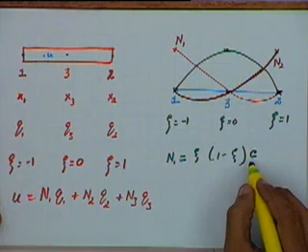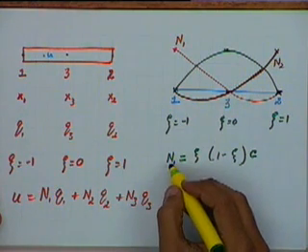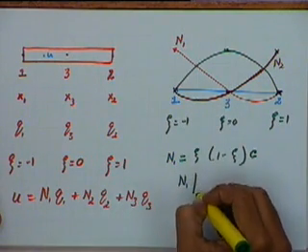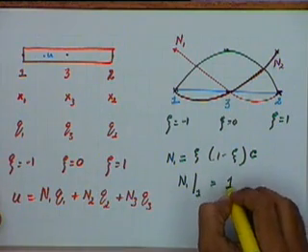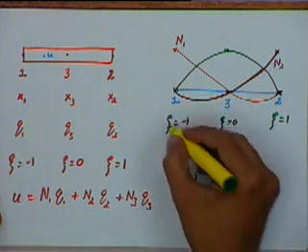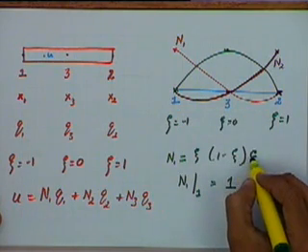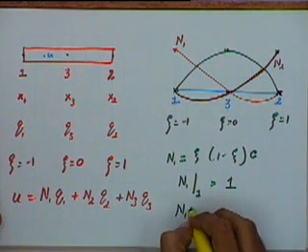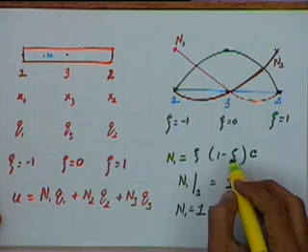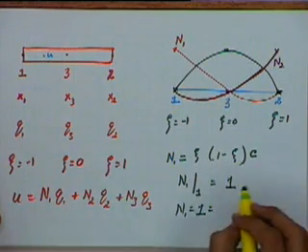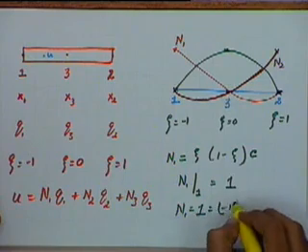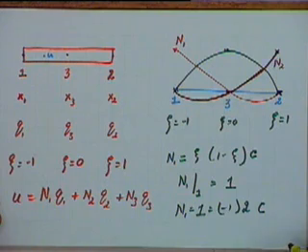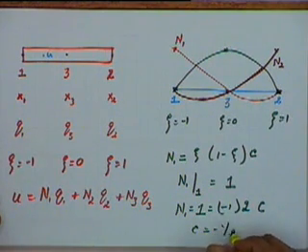Okay, c is a constant and this gives us a quadratic function for N1. And then we know that N1 at node 1 is equal to 1. At node 1 zeta is equal to -1, so we can put that value over here. We will get N1, which is equal to 1, will be 1 into -1 into 1 minus -1, which is 2 into c. So you will get c to be equal to -1/2.